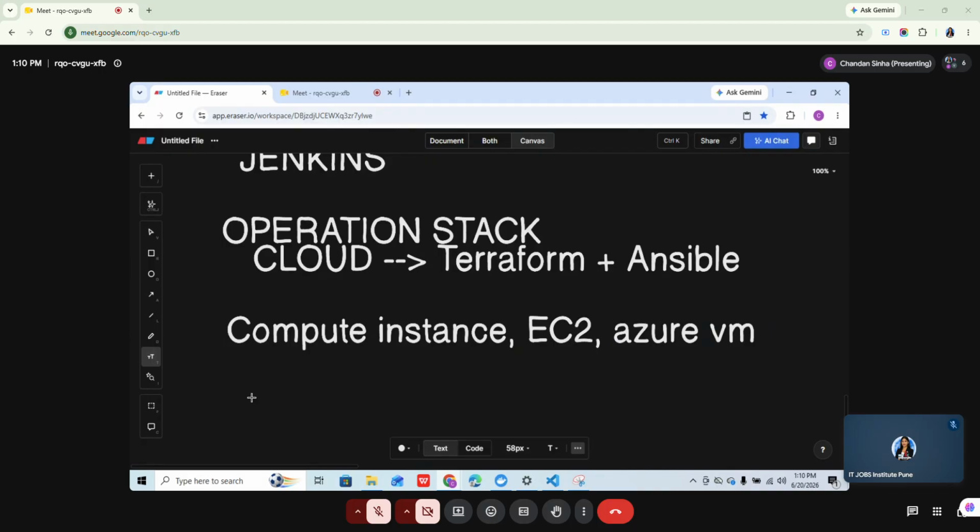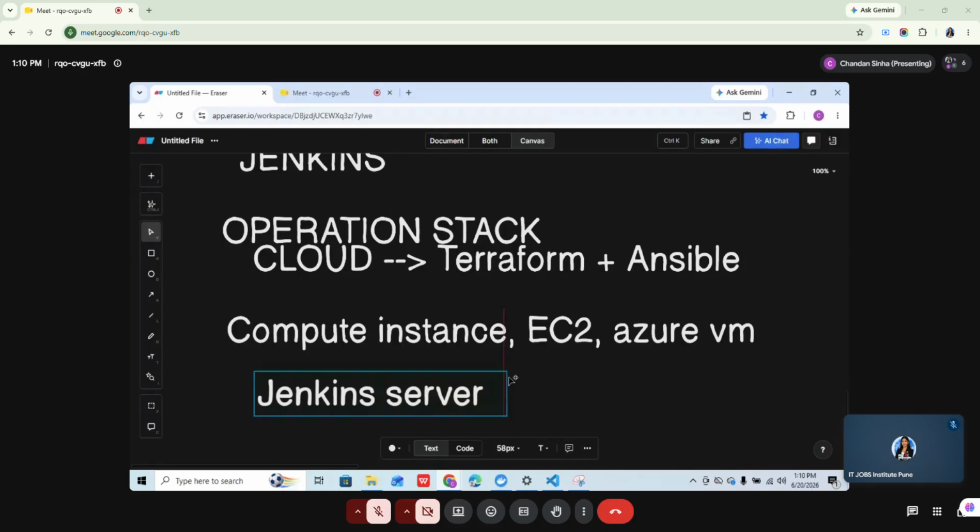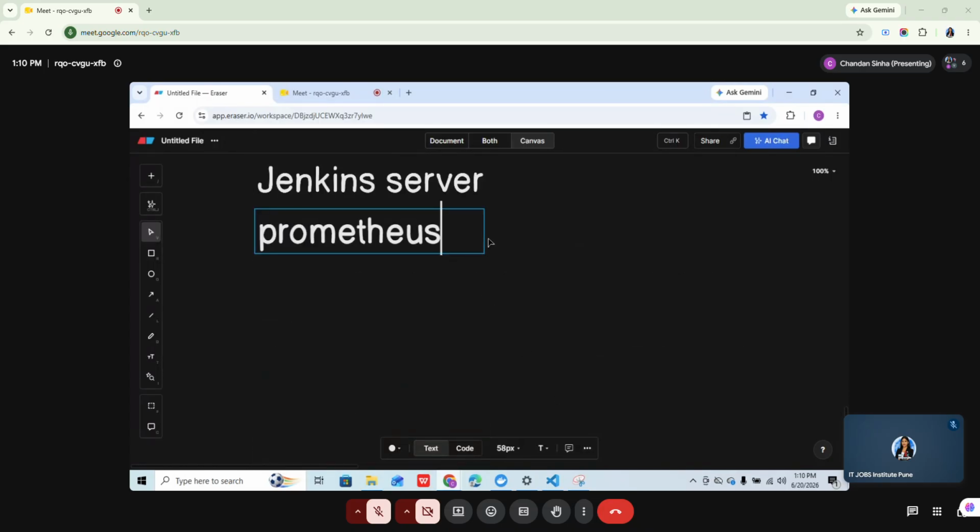अब कंपनियां क्या करती हैं, हर एक एप्लीकेशन के लिए एक एक सर्वर बना के रख देती हैं। सर्वर मतलब कंप्यूट इंस्टेंस, या EC2 या अज्योर VM। एक डब्बा बनाया, उस पर जेनकिंस डाल दिया और बोल दिया ये जेनकिंस सर्वर है। ठीक है। अब मैं एक और सर्वर बनाऊंगा, कंप्यूट इंस्टेंस, उस पे मैं इंस्टॉल कर दूंगा प्रोमीथियस, और फिर मैं इसको बोलूंगा कि ये मेरा प्रोमीथियस सर्वर है।